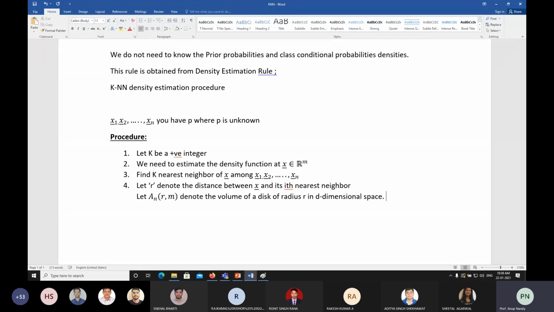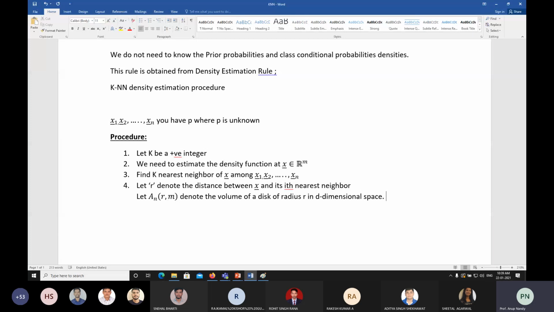So now you know the formula for this volume, like how do you compute these things, like mass by volume, by using this formula. So now density means mass by volume. So we are trying to establish this formula for this density. If you have a d dimensional space, you are going to have one disk with this m dimension, and for each volume the radius is r. So that's why it is written.